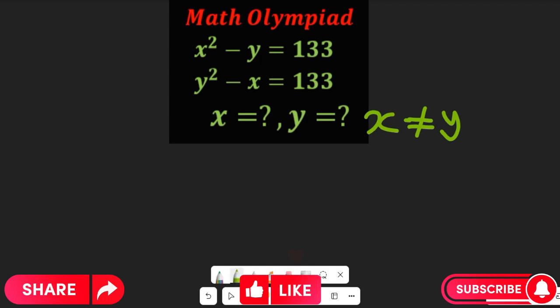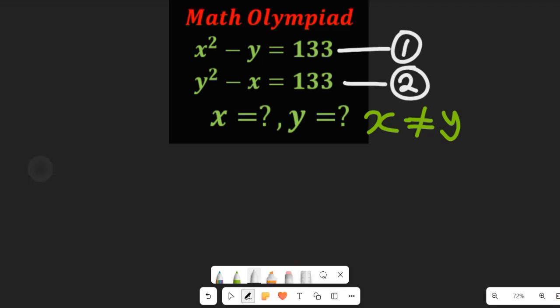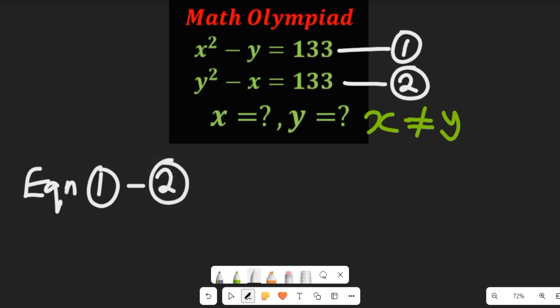We are going to consider this first equation to be equation 1, and then we'll consider this to be equation 2. So what we are going to do simply is to subtract equation 2 from equation 1. So if we subtract equation 2 from equation 1, we're going to have